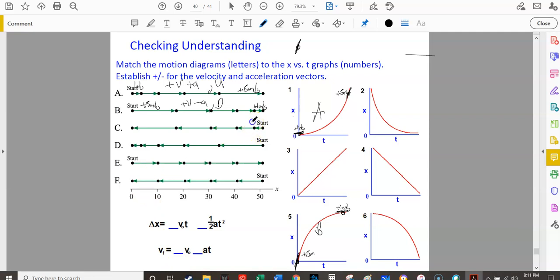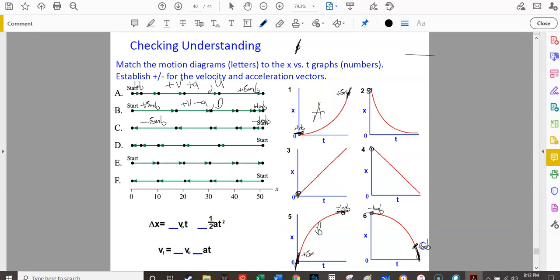Let's try C. C starts off with a negative 1 meter per second and ends up at a speed that is 5 times its original speed, but to the left. So that means we're going to be looking for an initial speed that is negative and level. I'm going to look at the data points here, here, and here, as well as at this point. So I'm identifying all the initial dots, the initial y-intercept, and the slope at that y-intercept is what I'm looking for. So this one looks like it has a somewhat negative slope, and then it becomes very steep,